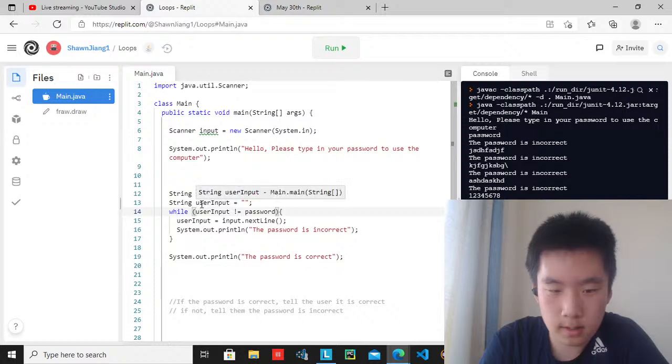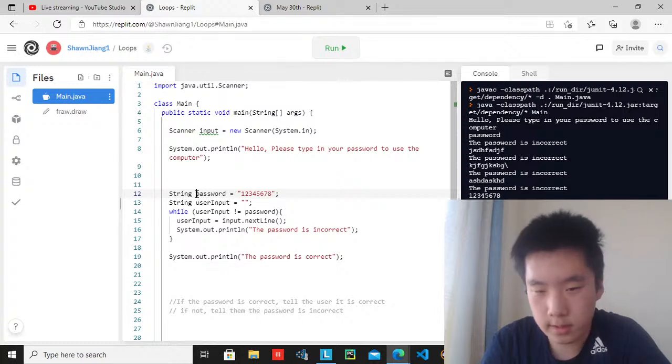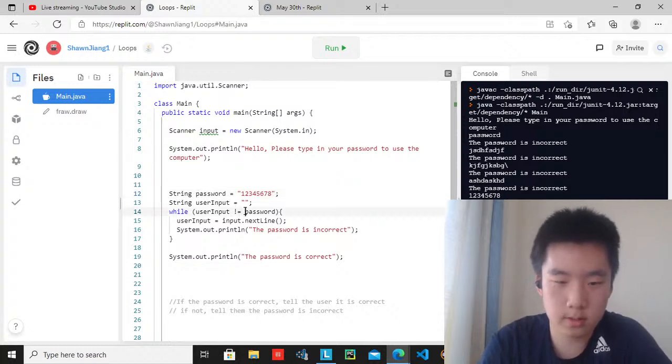Well, ints hold numbers. The way they're stored is quite different too, because a string doesn't store it directly in memory, but stores the location in memory, right? So when it's comparing, it's not actually comparing it correctly. So what we have to do is use the dot equals